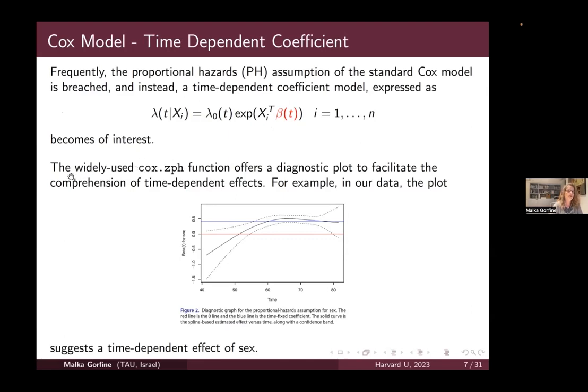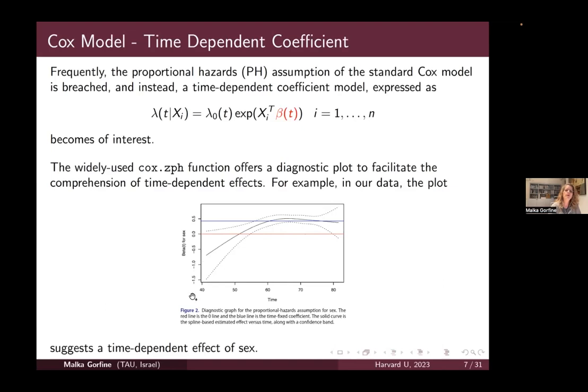So the widely used Cox function, cox.zph, again, part of the survival package in R, offers a diagnostic plot to facilitate the comprehension of time-dependent effect. So, for example, in our colorectal cancer data, when we applied the Cox model with 500,000 observations, this is the result of the cox.zph provided here in this plot for the covariate sex. What you see here is the blue line is the fixed effect, where we assume just the beta,